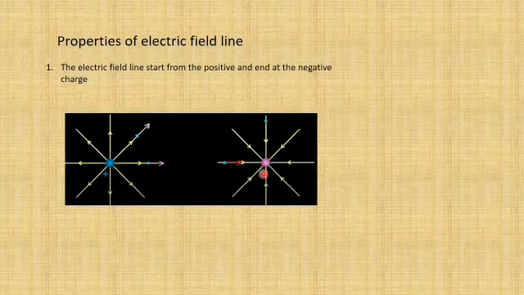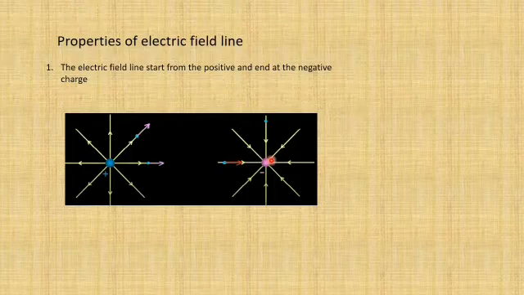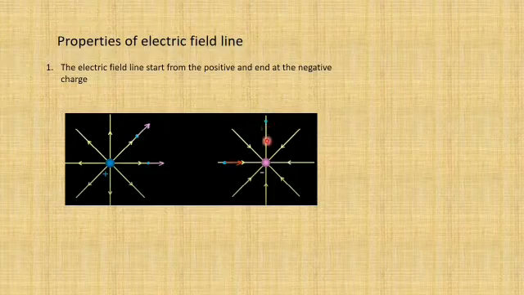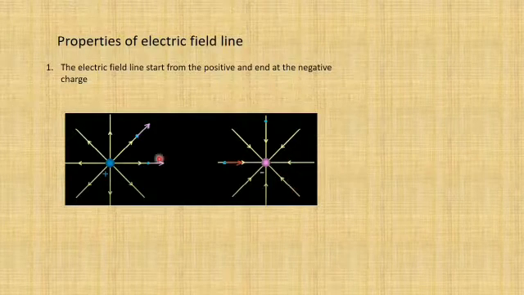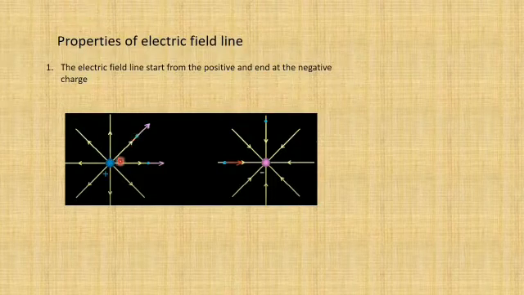And similarly, if this is a negative charge, these two charges are isolated. They are not kept together, they are isolated charges. And similarly for the negative charge, suppose at this point I put a test charge, the test charge would be attracted towards the negative charge. So this is the direction of electric field at this point. That means for negative charge it is radially inward. You can see all the arrows are pointing inward. So this is radially inward, and for positive charge, it is radially outward.